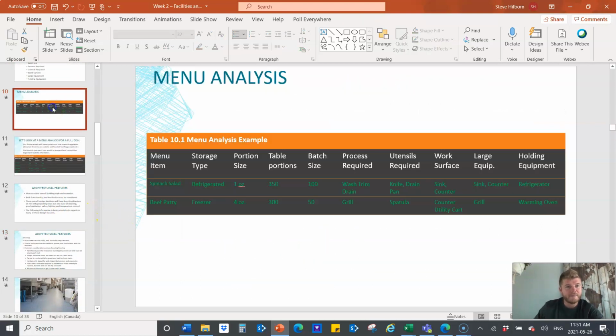So what a menu analysis would look like is that you would take your particular item, so as an example, spinach salad, and you would start talking about all of the different ways in which you would analyze this item. So we have to store all of this as a refrigerated item. The portion size is 1 ounce. Table portions are 350. Batch size is 100. The process required is that we have to wash, trim, and drain the spinach, so all the spinach that comes in. We would require a knife and a drain pan, a sink, and a counter. The large equipment is our sink and a counter, so that's the same,